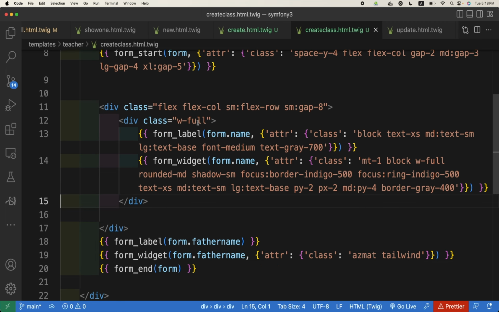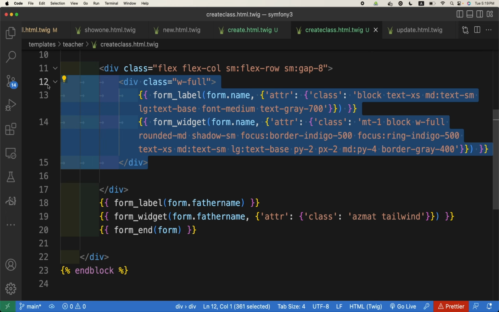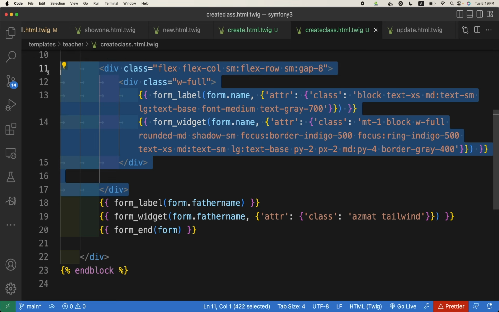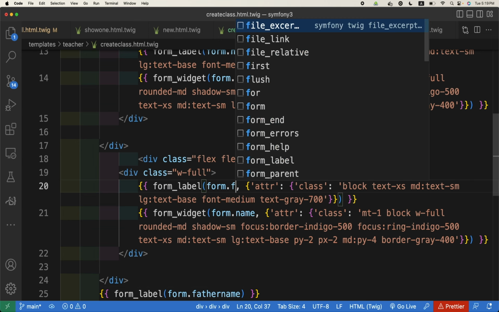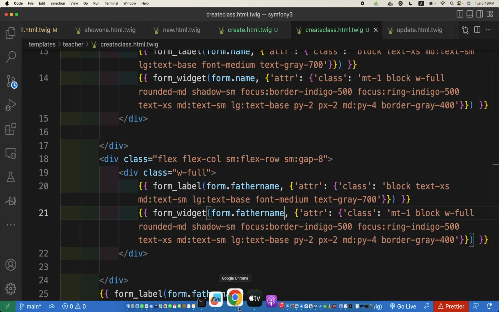We have themed the label for name and father name. We will quickly do it for all the rest of the elements also, right? So I will quickly copy this. Should I copy the whole div or just this? Yes, the whole div. Okay, so now we will just change the name to father name. If I refresh the page,